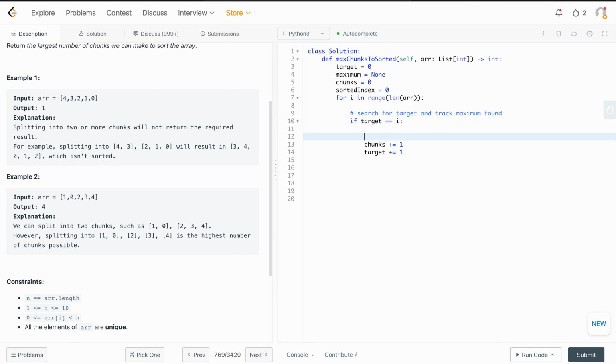If target is equal to i and our array of i is equal to target and maximum is equal to